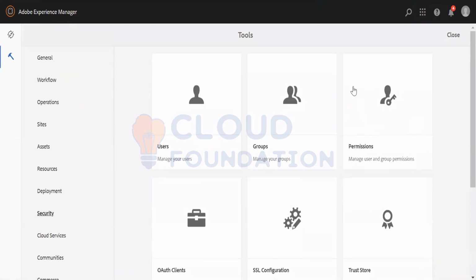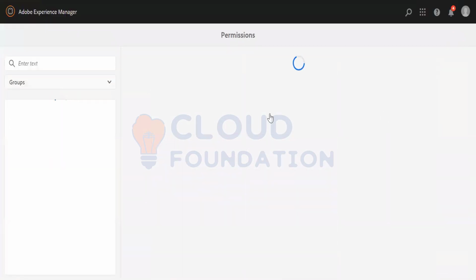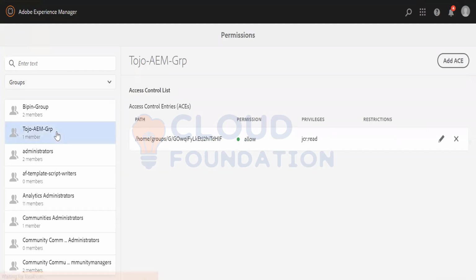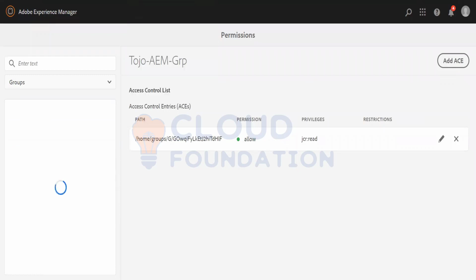and here I have the permissions. Either you can assign the permissions to a group, you can search the group, or you can search the user, and then here you can assign the group. Here it says it has one member. It can have any members, and here is where you give the permissions. These permissions are called the access control list. We saw that day in the CRXDE,